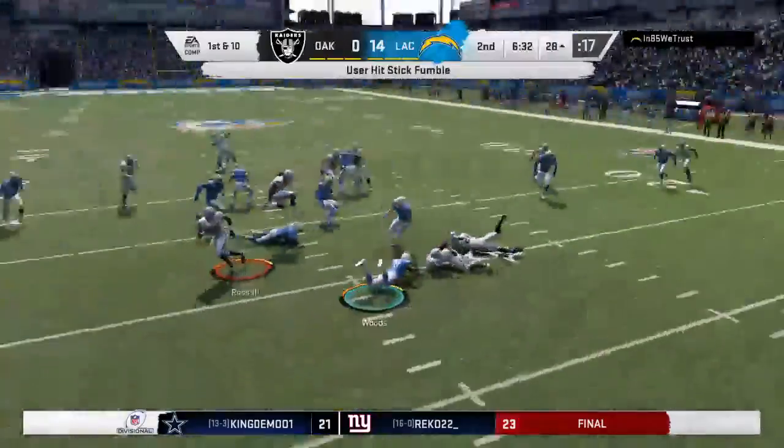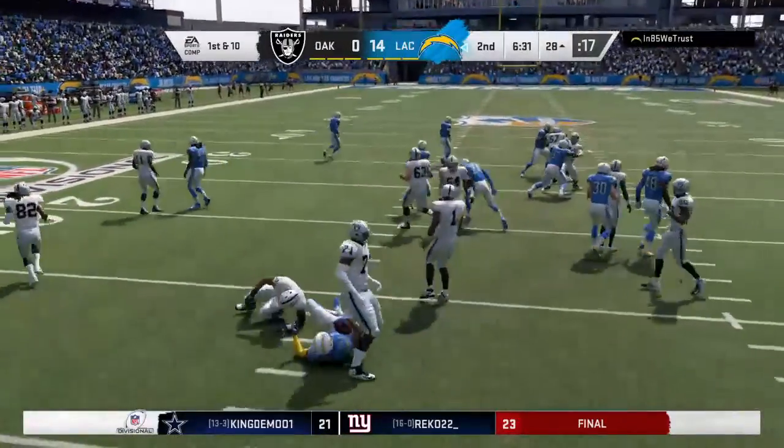And he fumbled it. It's on the ground. And this is recovered by the Chargers. So the defense...